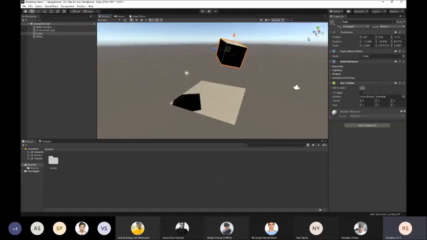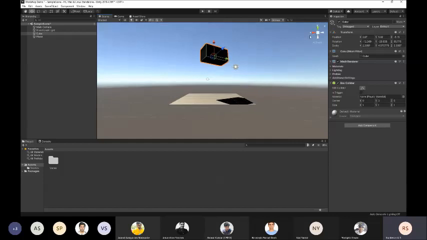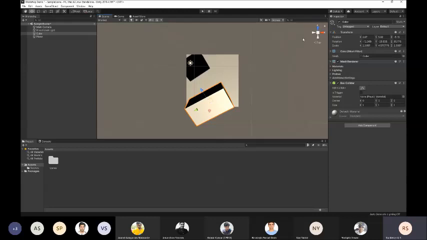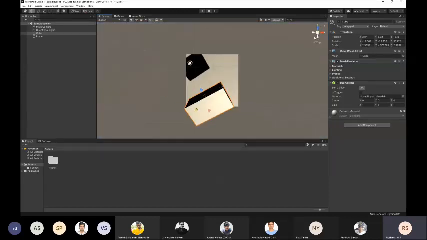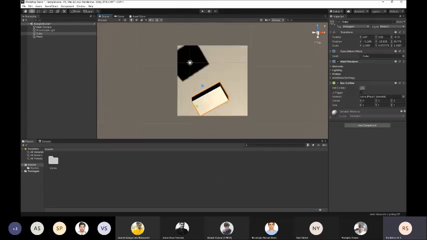Another thing is this thing over here. This UI provides easy viewing. If I click on Z, it'll provide me a quick look from the Z axis. If I click on Y, it'll provide me a quick top view, and likewise X. So you can use this for quickly moving about. Right now it's rendering in perspective view. If I want an orthographic view, I can click on this center square over here, and you can see now it's an orthographic view.